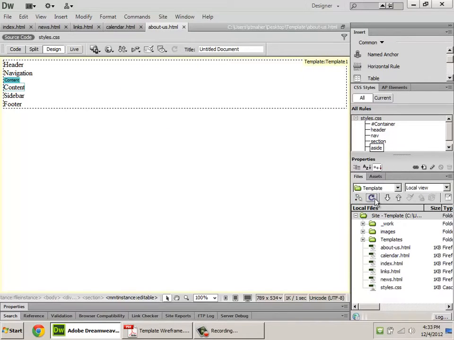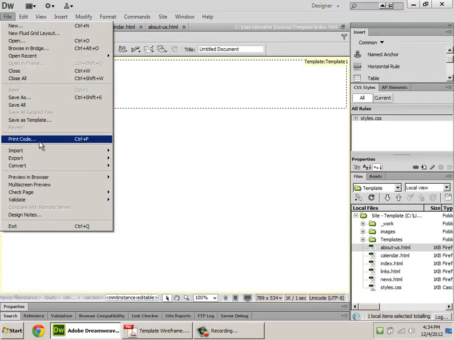And you can see I refreshed my files panel, and there's all of my HTML files. They're actually all open here in Dreamweaver as well. And the one thing I do want you to notice is that in the upper right hand corner there's a nice little tab telling you what template they're linked back to. So I'm going to close all of these,